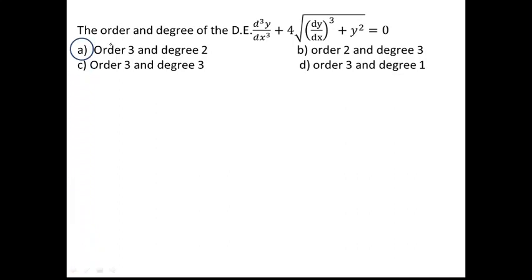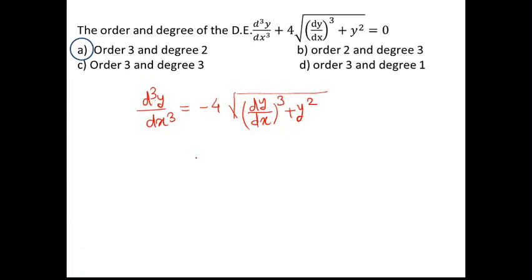Again, this is a question dealing with the order and degree of a differential equation, but if you observe, here we have a radical sign. So before deciding the degree and order of the differential equation, we first have to remove the radical sign. So we write it like this, taking the radical sign term on one side and all other terms on the other side. So we have this expression. Now, in order to remove this under root sign, just square both sides, right? Squaring both sides, we get,